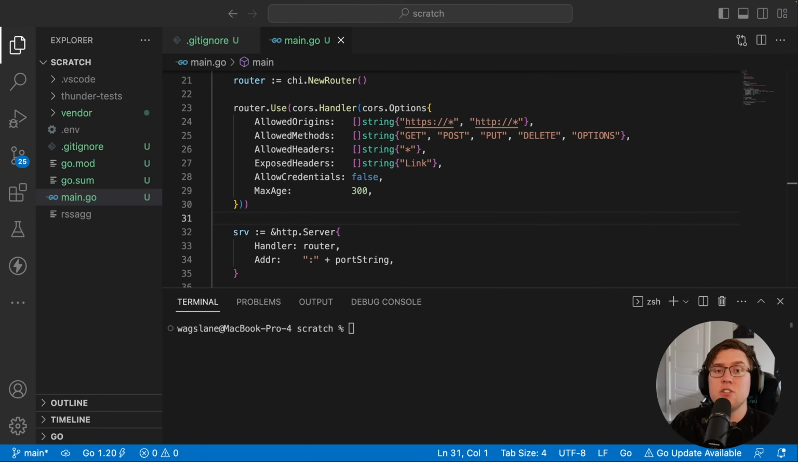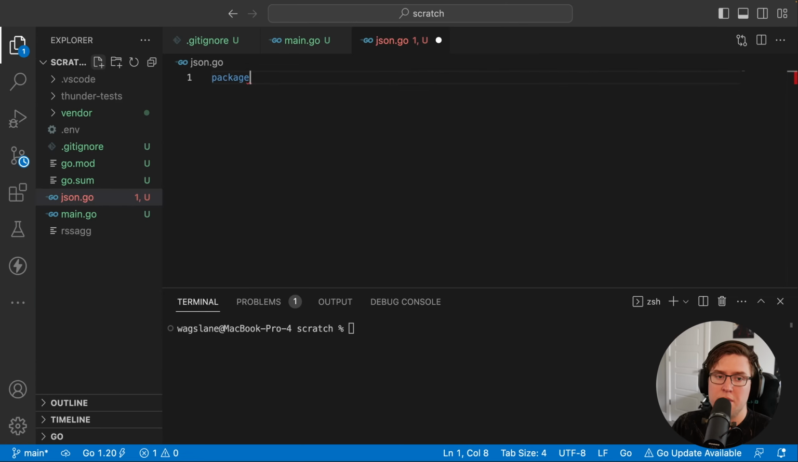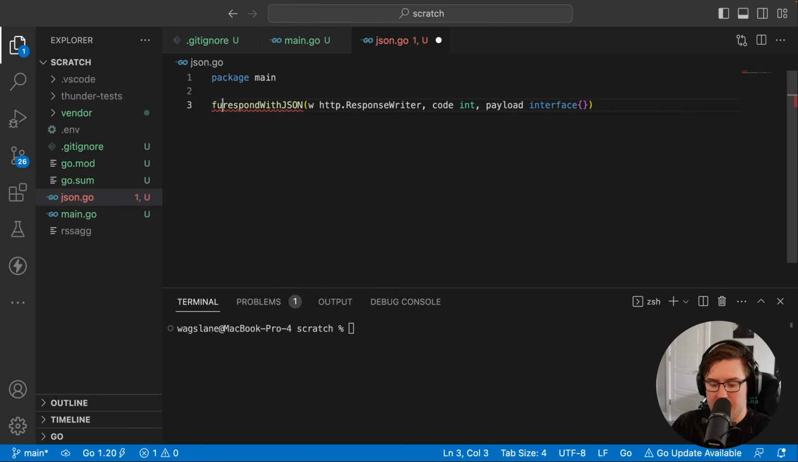This server we're building is going to be a JSON REST API, which means all of the request bodies coming in and response bodies going back will have a JSON format. So let's create a little helper function that will make it easier to send JSON responses. So I'm going to create a new file, call it json.go. It's going to be in the main package. And the function signature is going to look like this. So we've got